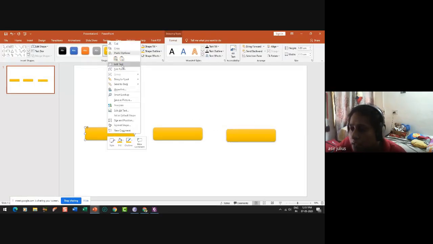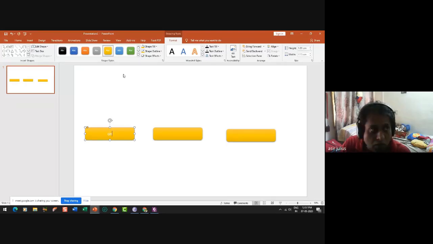Right clicking it, it is on click. The other one is with previous. The other one is after previous.